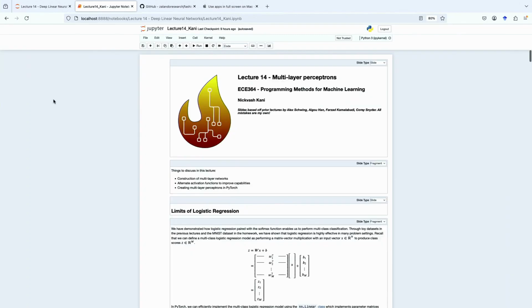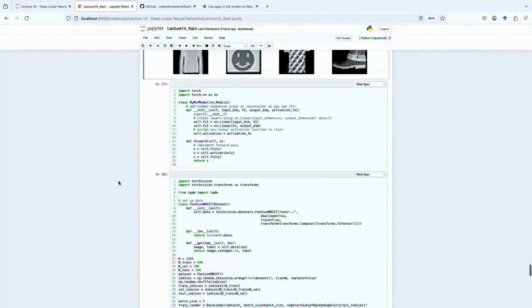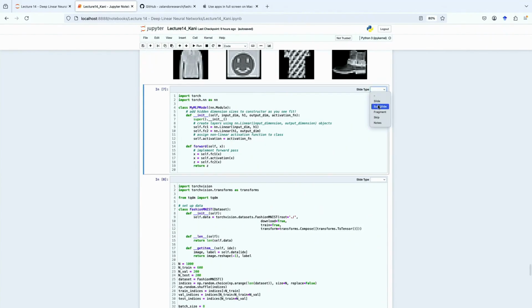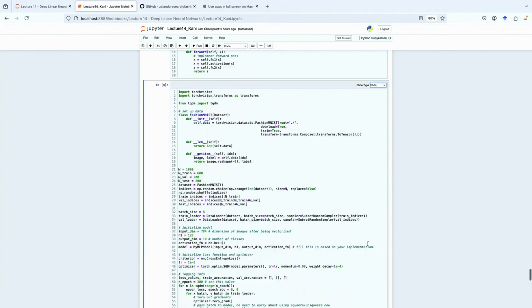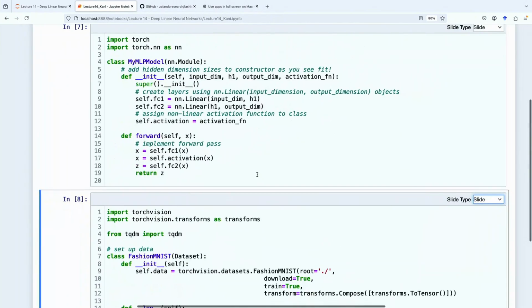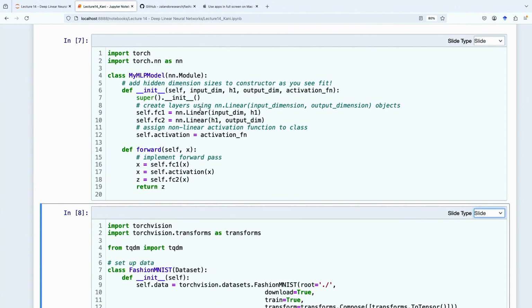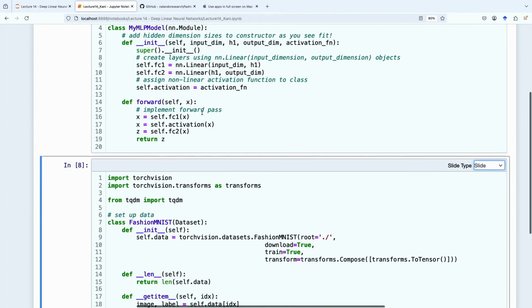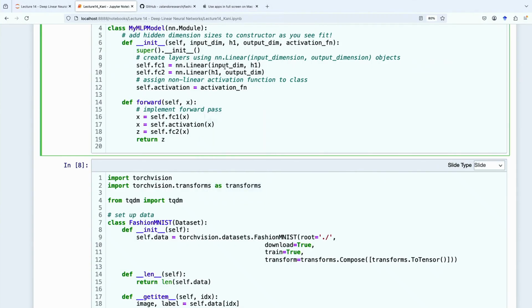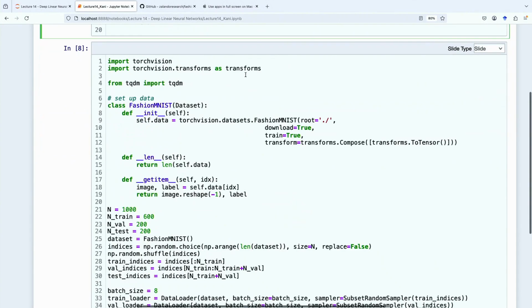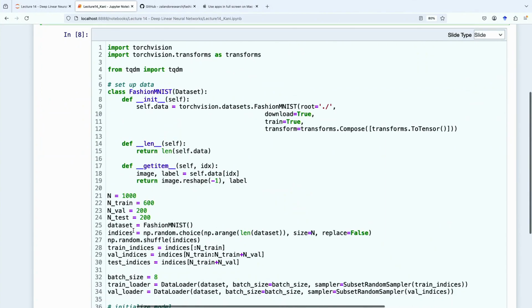So what we could do is simply create a model, and in this case, a two-layer model. Simple two-layer model. We have an input dimension, which is 28 by 28, the number of pixels in the data set. We have some hidden layer dimension, and we have an output dimension. The output dimension is the number of